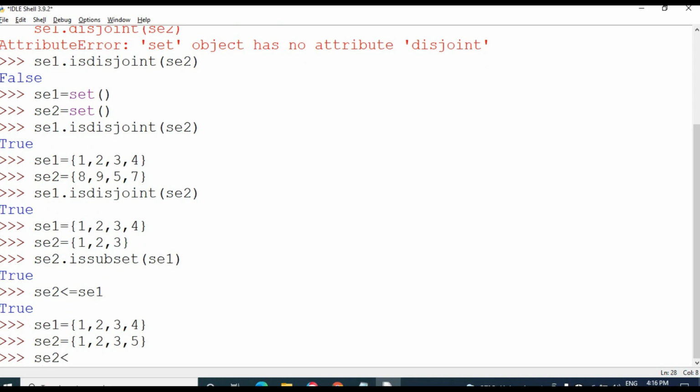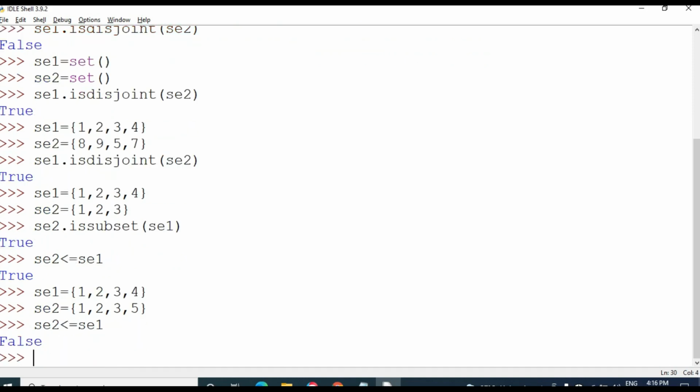Okay, I am going to perform subset of set 1. This time it returns false.